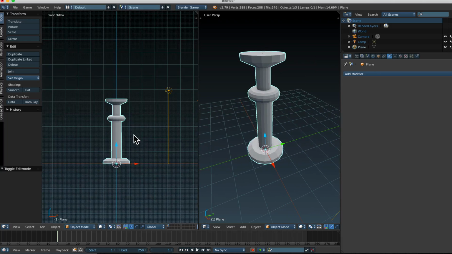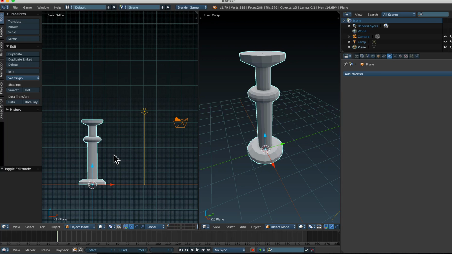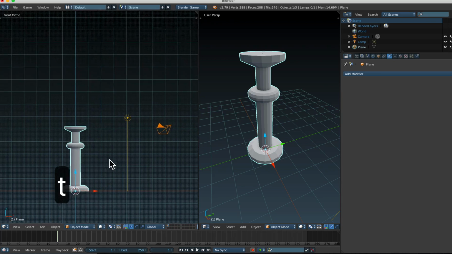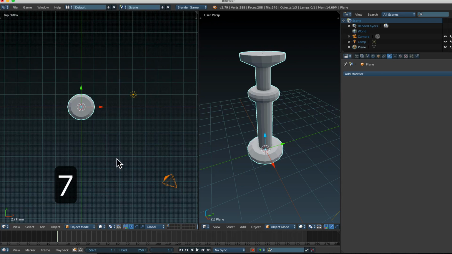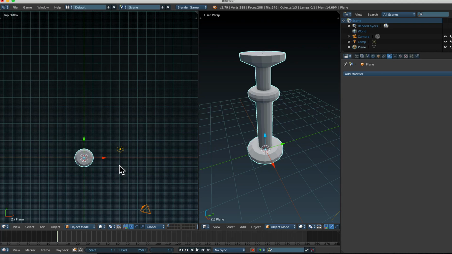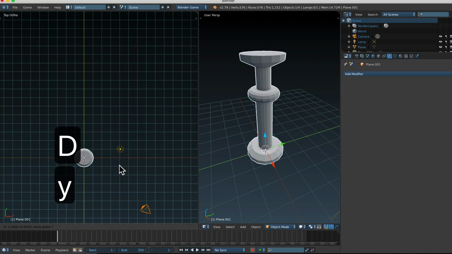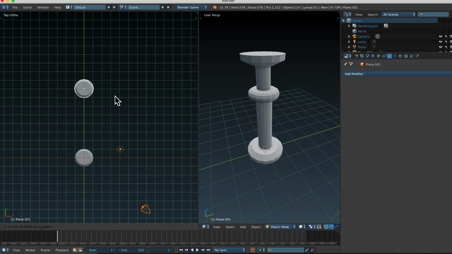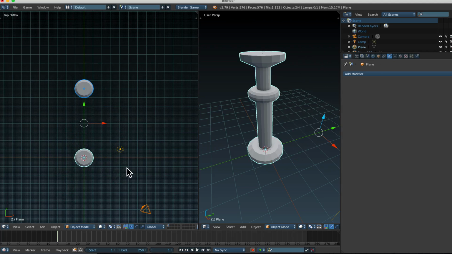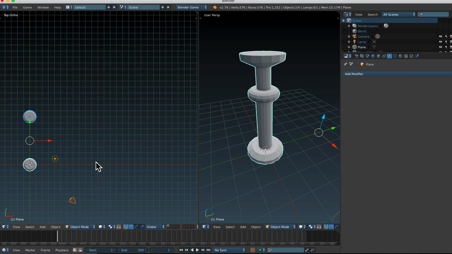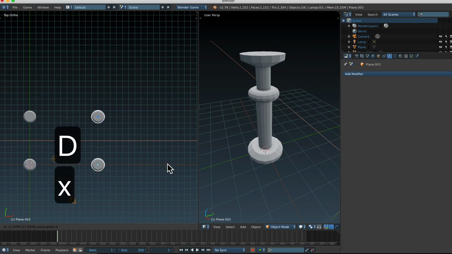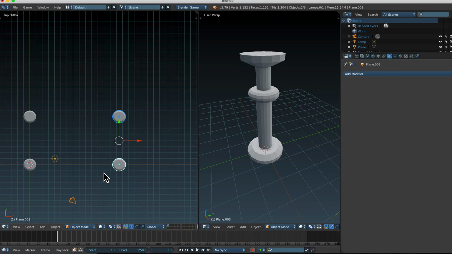Okay, so I'm going to continue and finish up, and I'm going to go a little bit faster now that we've covered all of that. So I'm going to go into top view, so that's numpad 7, and I'm going to duplicate this, so Shift D, slide it on the y-axis, and there we go. I'm going to select both of those by pressing Shift right mouse click, Shift D again, x-axis, slide them down here,